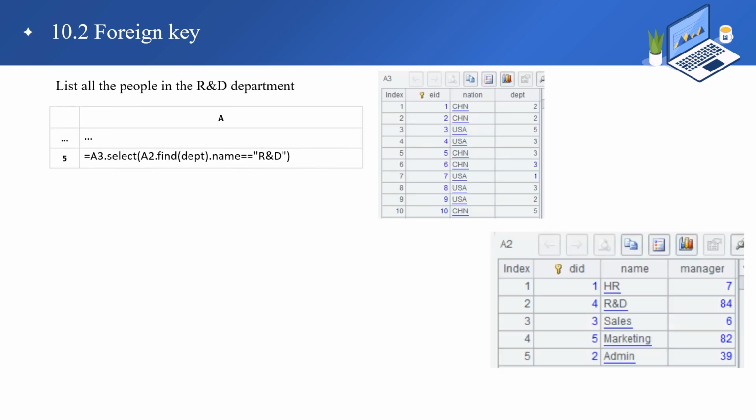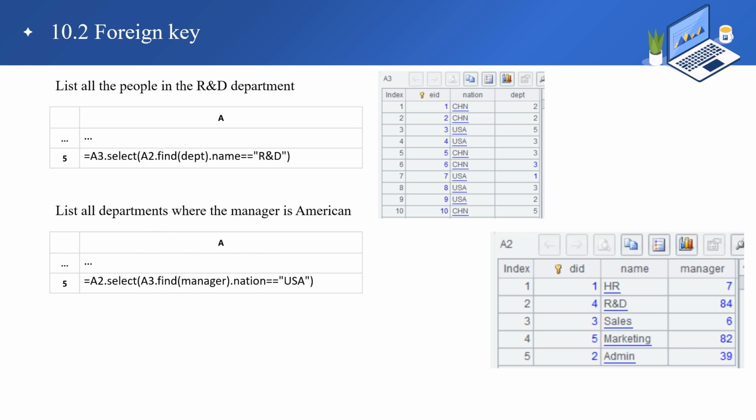Now we want to list all the people in the RD department. This is a simple selection problem, and we should use the select function. However, there is no department name in the employee table, and there is only the department number. The selection can only be done by using the number to find the department name in the department table. Similarly, we can also list all departments where the manager is American. In this way, we associate the employee table with the department table and can jointly use the information of the